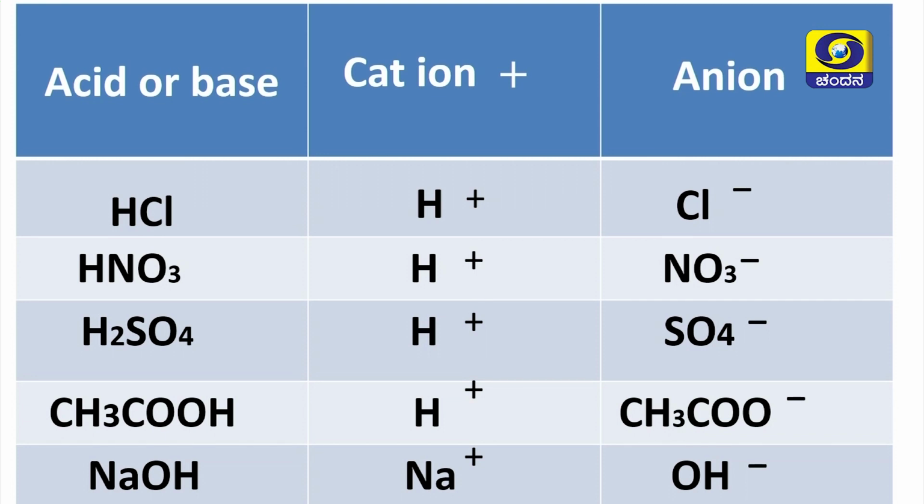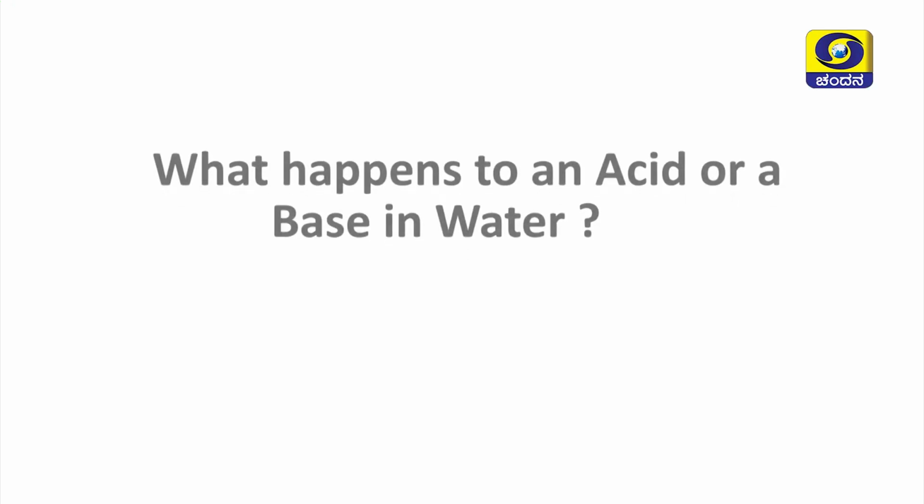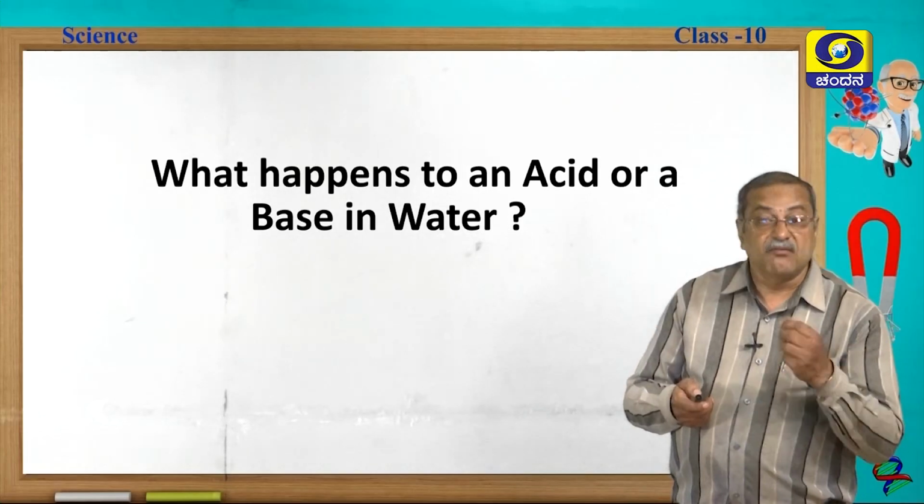Sodium hydroxide also produces Na+ and OH- ions. Na+ is cation, OH- is anion. So, these are the conditions. So, in the acid, hydrochloric acid, sulfuric acid, nitric acid, these are the acids, even acetic acid. So, base is sodium hydroxide. Even in the sodium hydroxide, we are going to get sodium ion and OH- ions are present in this one. Hydroxyl ion, hydrogen ion are present. So, next we will see what happens to acid or base in water.